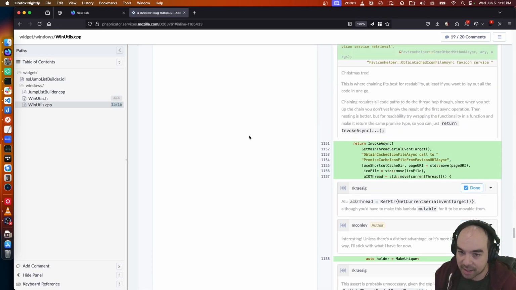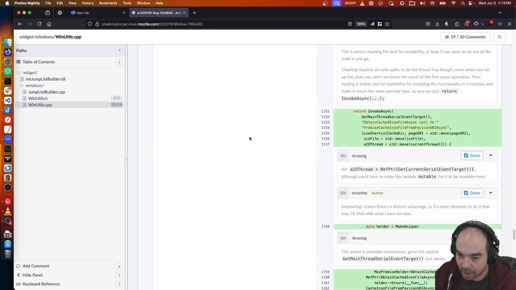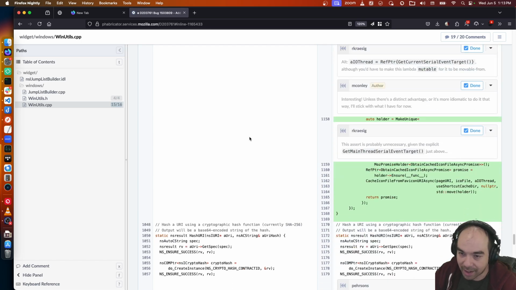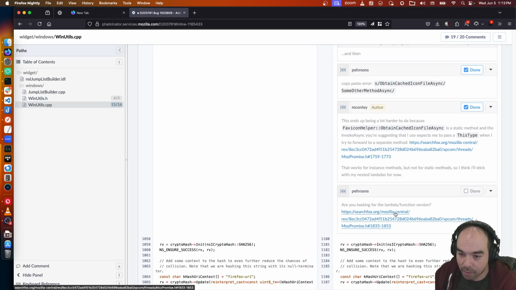Pearsons had suggested in an earlier patch, hey, you could split that out into a separate method. And I said I can't figure out how to do that. And he said, are you looking for this version? This ends up being a lot harder to do because such and such is a static method. The invoke async method you suggested that I use accepts a method and passes a this type when I try to forward a separate method. That works for instance methods, but not for static methods, so I think we'll stick with my nested lambdas for now.